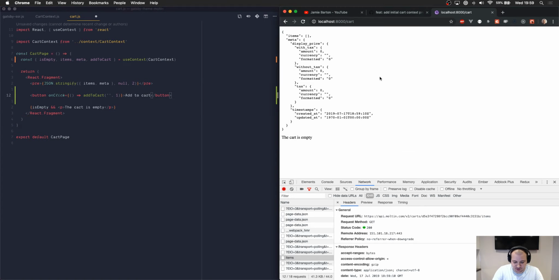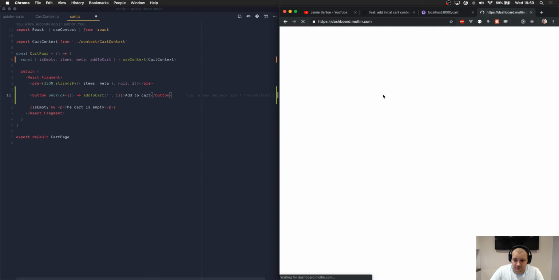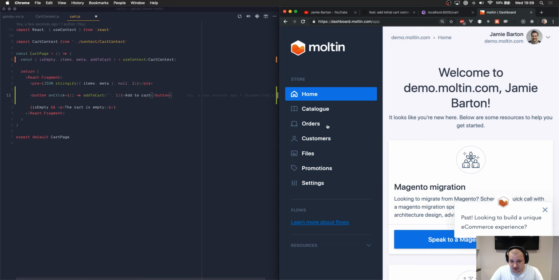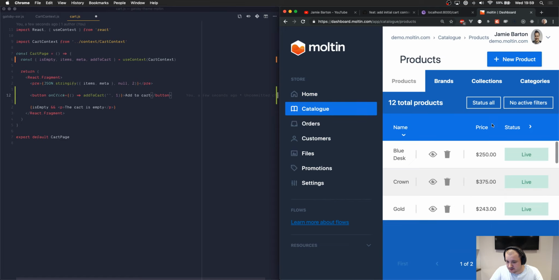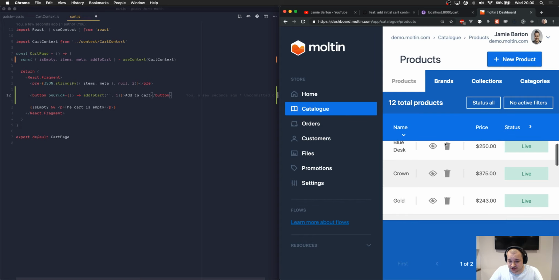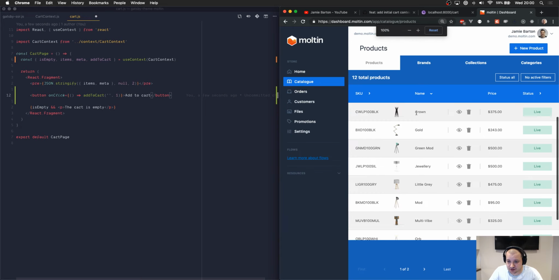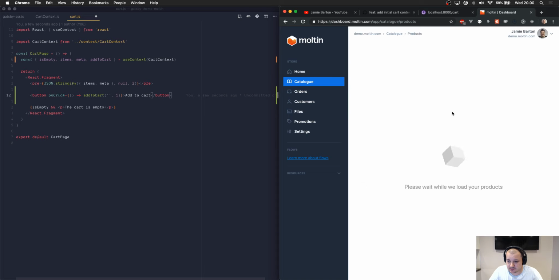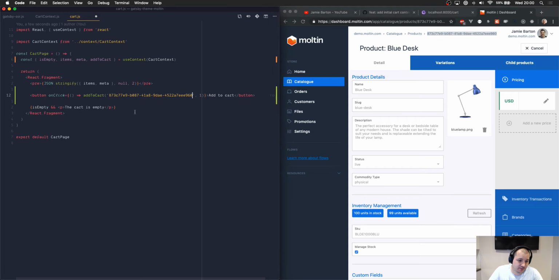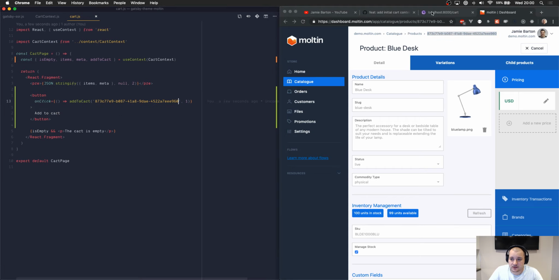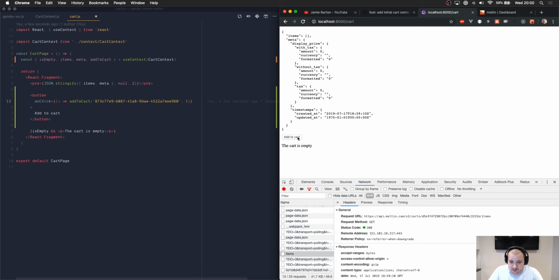And then I'm going to switch over and go to Molten. Just going to zoom my screen in for a second so I don't reveal any tokens. I'm just going to grab a product as well. So I'm going to grab this blue desk. And the product ID is just this thing here. And then if I come back and pop that in there, and then I come here, it's updated,